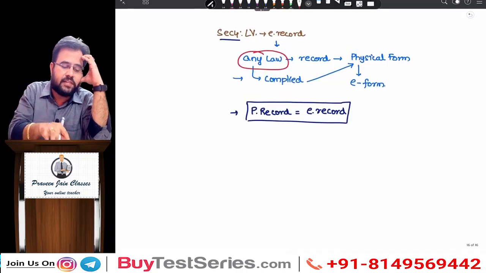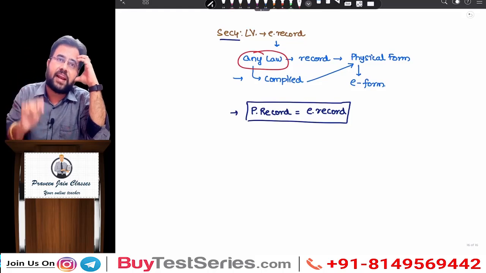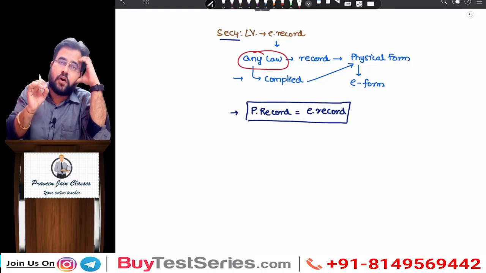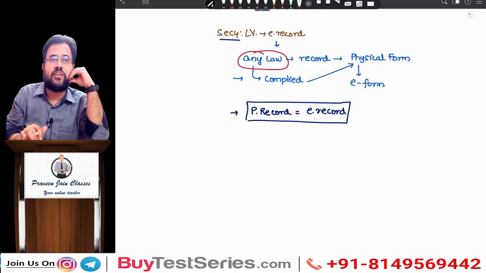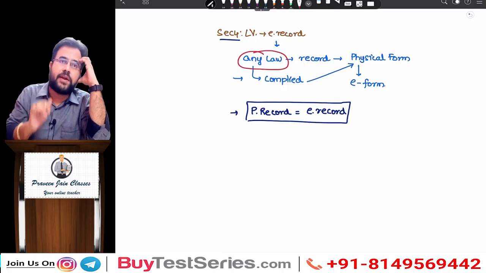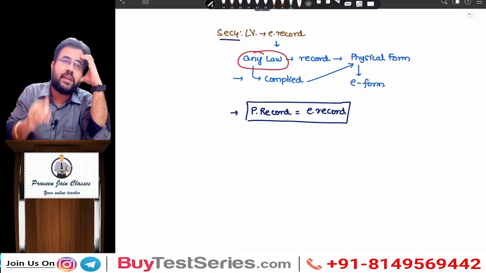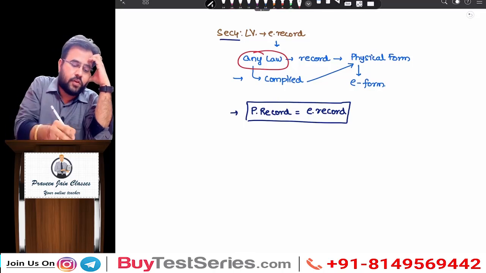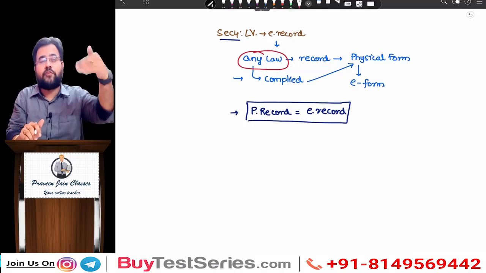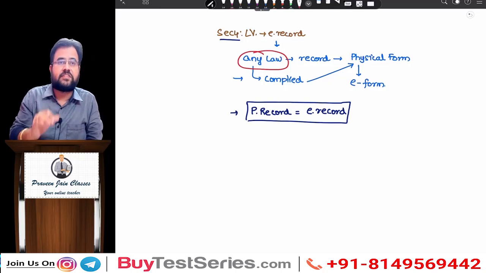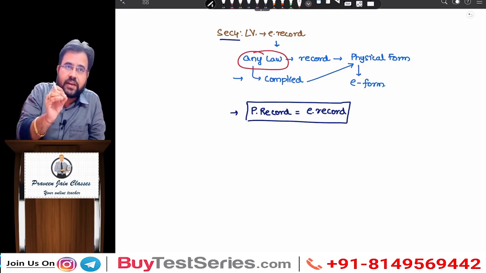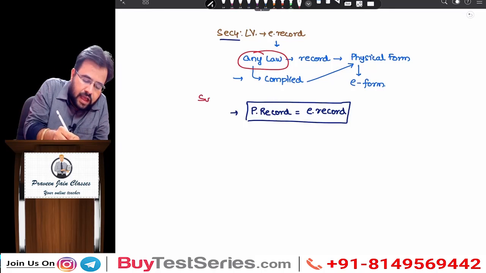Obviously, we will not apply this for laws prepared after the IT Act, sir. So imagine any law which is framed after the IT Act and still says you should maintain record in physical form. Then obviously you have to maintain record in physical form. Extended meaning is not required, sir. So here, any law means law that came before the IT Act 2000. Is that clear? So section 4, this much is what the section is talking about, sir. If I have to give you a summary, this is the summary, sir.